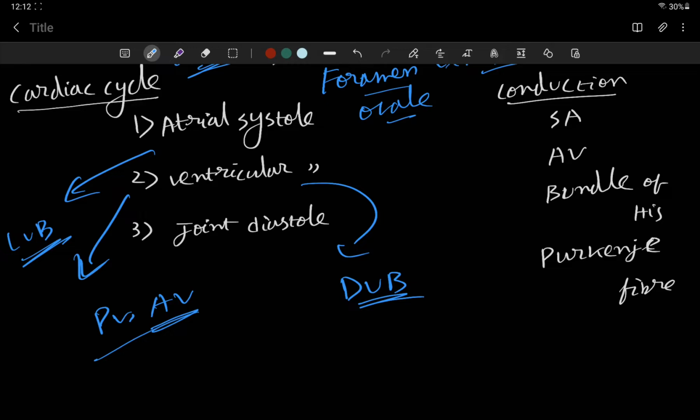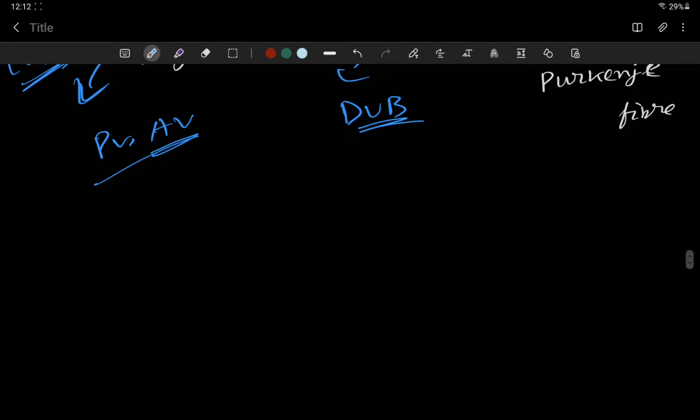So at first, atrial systole, then ventricular systole, then joint diastole. These are the three phases of the cardiac cycle. Now the conduction of the heart. How the beat, that is this lub dub, is conducting throughout the heart. If we see a simple diagram,